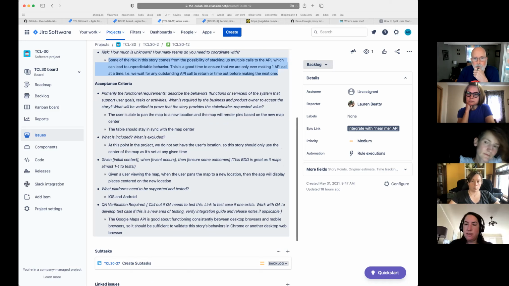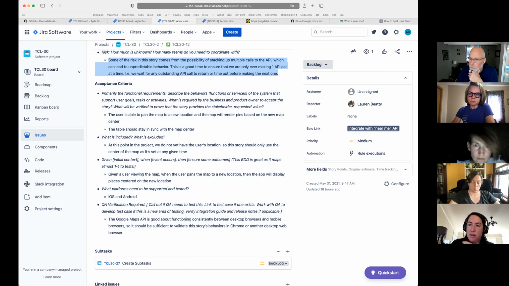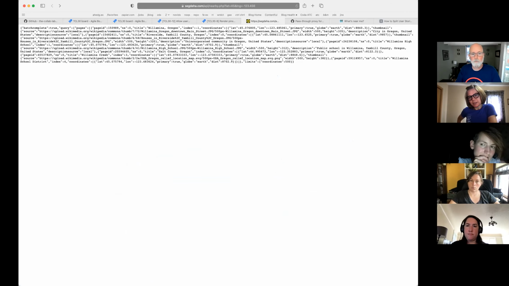I do like Lauren's idea that she put in the chat that you could use dummy data to make a list. True. Yeah, I think especially with the list page, because rendering pins on a map is going to be a little bit trickier without the real data. The actual data will help you render the pins a little bit better, but rendering a table with pretend data wouldn't be as challenging. So one team could be working on that process, understanding what the data that you're going to get